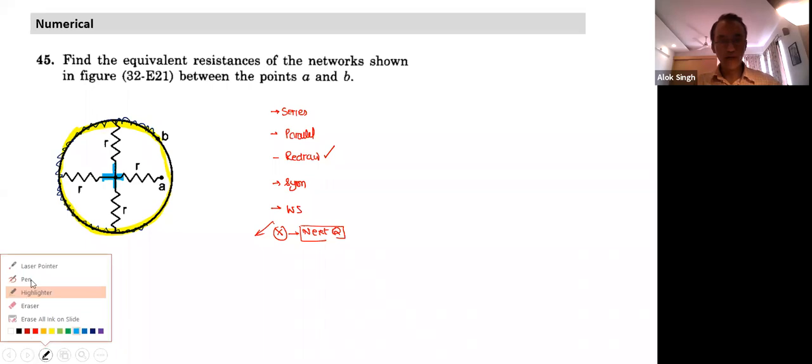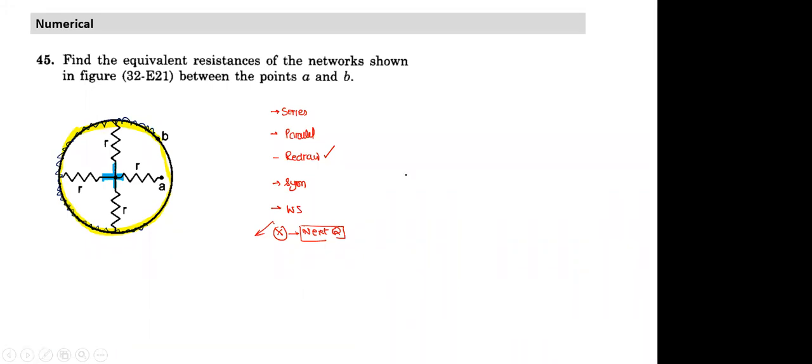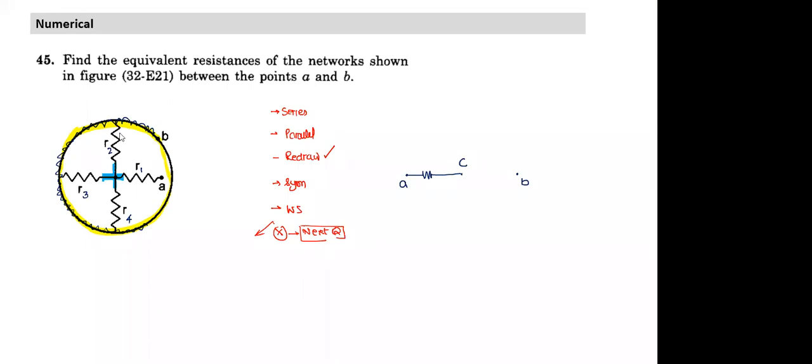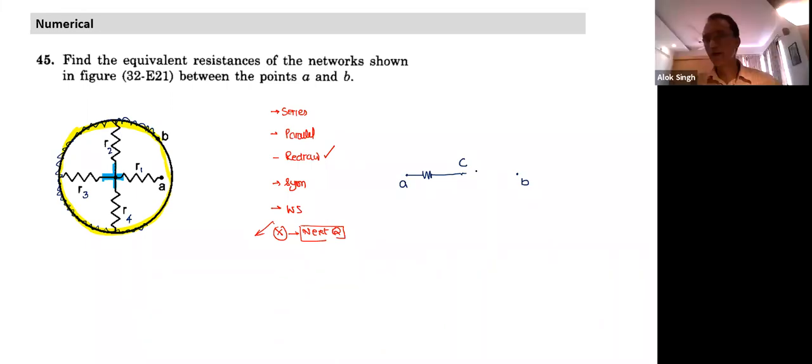Pranav, can you draw the circuit now? Yes, sir. So there's a point A, other end point B, and in between point C. If I call this R1, this is R2, this is R3, and this is R4. R1 is connected between which points? A and C. How is R2 connected? Between B and C. All three are in parallel between B and C. So that's the circuit.